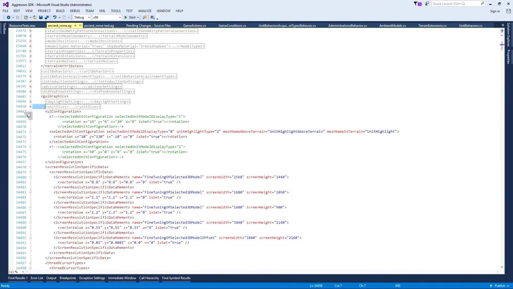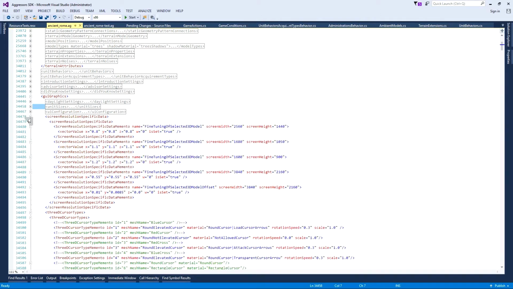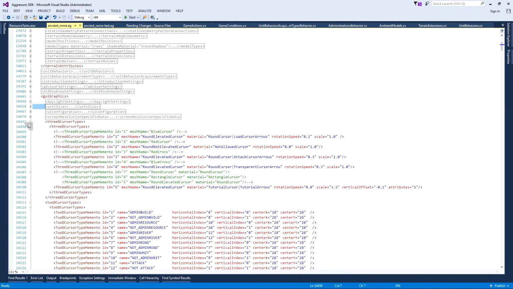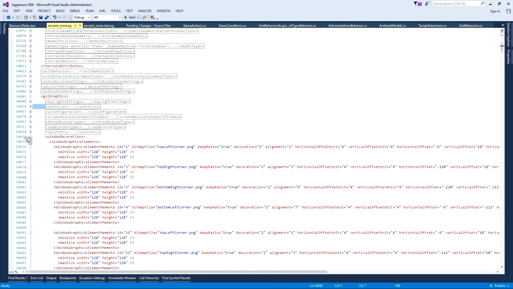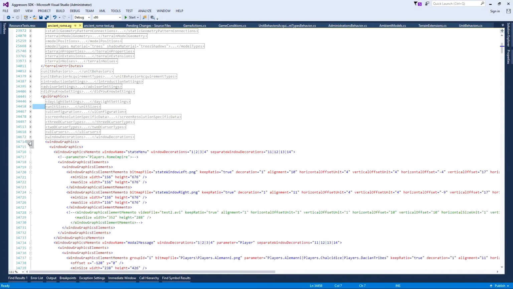You can change the way the selected unit is displayed in the unit menu. You can change the cursors. Basically, if you don't like how the cursor of build farm looks like, you can change it. You can change how the windows look like. You can change not only the files themselves, like I showed you the state window, but you can also